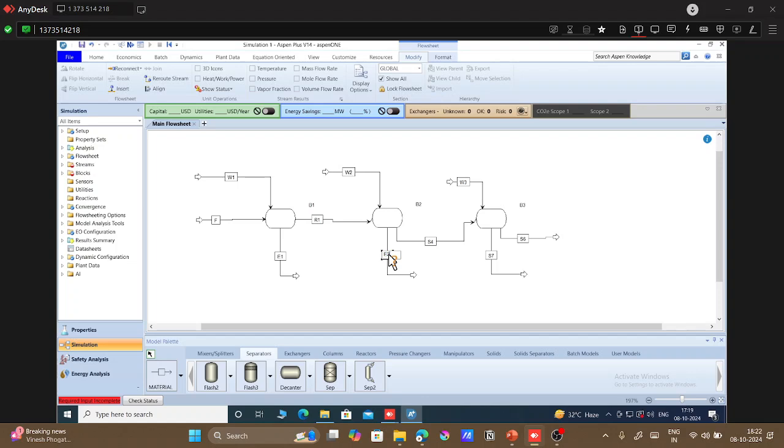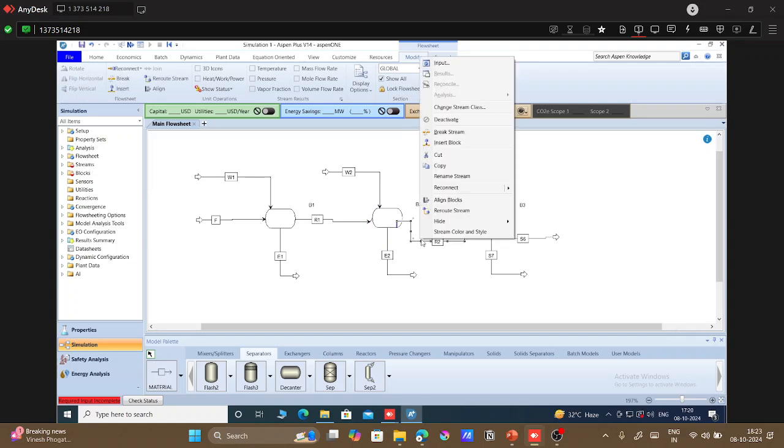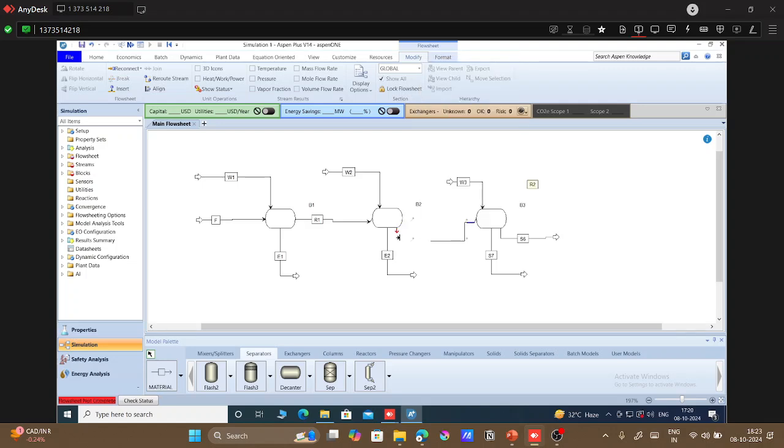From the second decanter we will have extract 2 and then raffinate 2. Then from the last decanter we will have E3 and R3. Okay, now